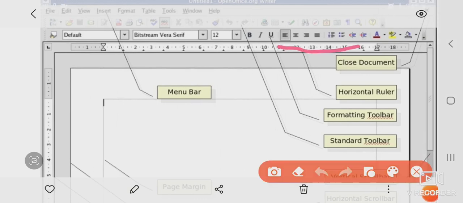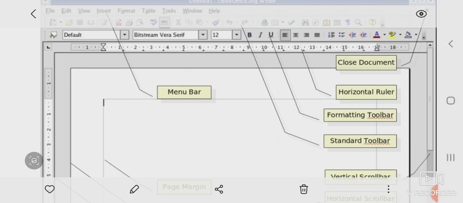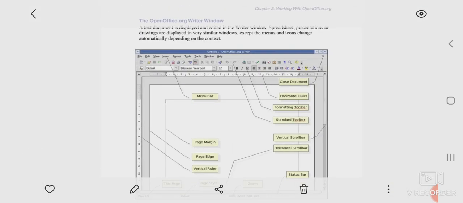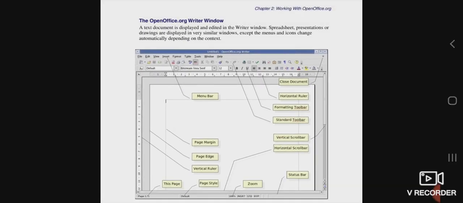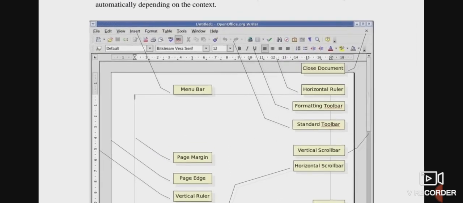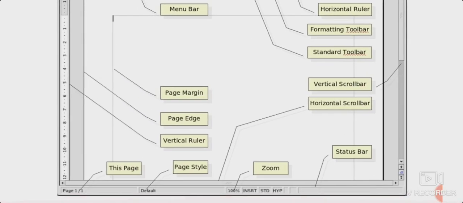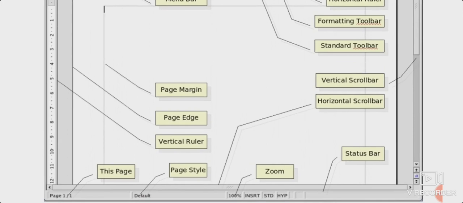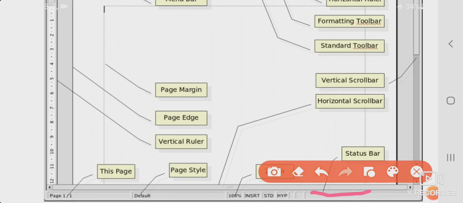Here also you can see the markings. It is known as the horizontal ruler. I think by now the screen is clear to you. One more thing is there. You can see zoom is 100%. This last bar at the bottom is known as the status bar.